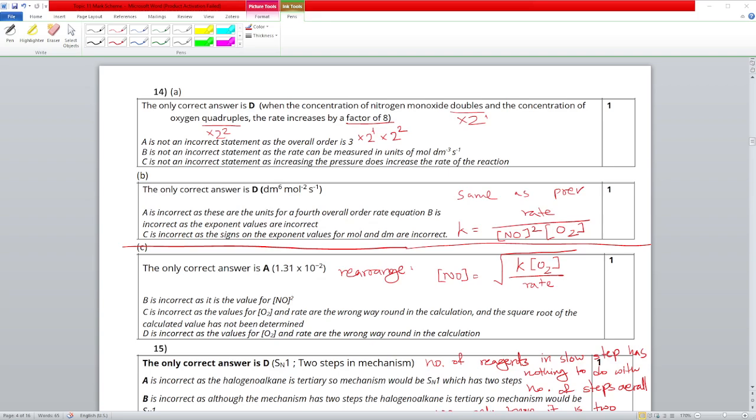So rate is equal to k times [NO] to the power of 2 times [O2] means that the slow step requires 2 NOs and it requires 1 O2. And if it requires 2 NOs, that means it's second order, and if it requires 1 O2, it means it's first order, right? So when the concentration of nitrogen monoxide doubles, that's the second order one, then the concentration of oxygen quadruples, this one, oxygen is